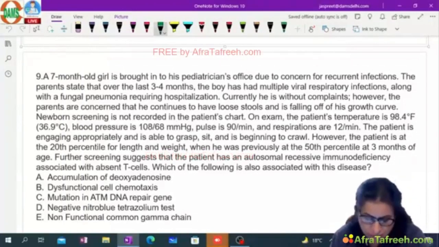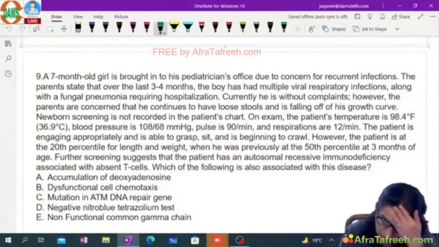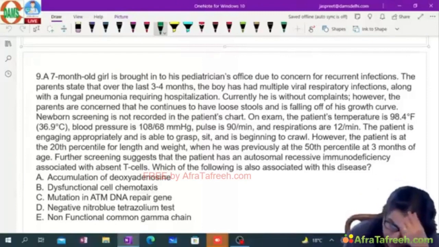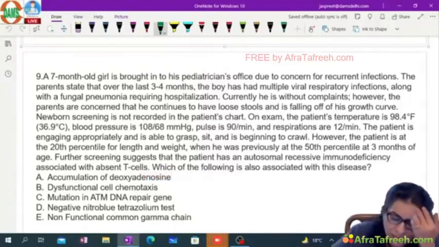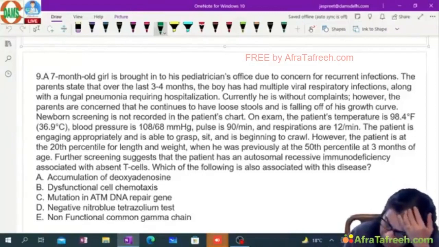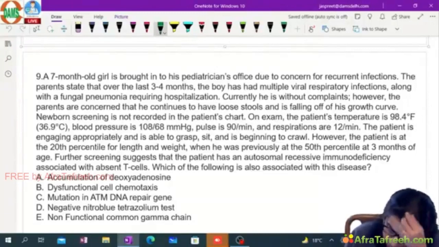Okay, so look at this question. A 7-month-old girl is brought to the pediatrician's office due to concern for recurrent infections. The parents state that over the last 3 to 4 months, the boy has had multiple viral respiratory infections along with fungal pneumonia requiring hospitalization. Currently, he is without complaints. However, the parents are concerned that he continues to have loose stools and is falling off of his growth